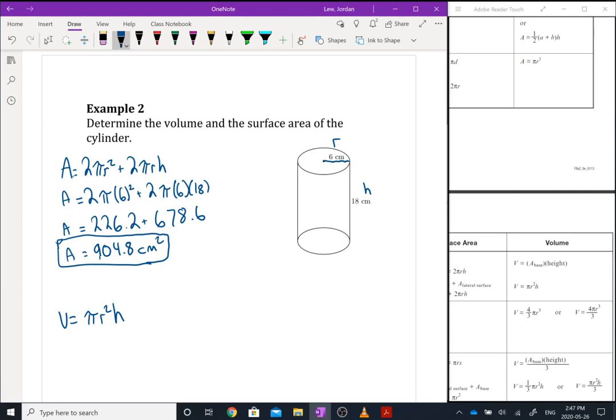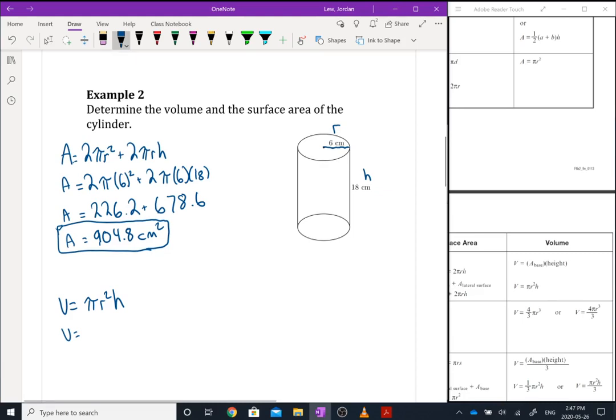Basically, if I take the area of the base, or this circle here, and I stack very small circles on top of each other all the way up, or the entire length of the height, that's basically where my volume's coming from. So it's like adding a slice of paper all the way up, and then calculating how much area of that paper you actually had in total. But anyways, we have our formula here. We have our r and our h from the diagram,